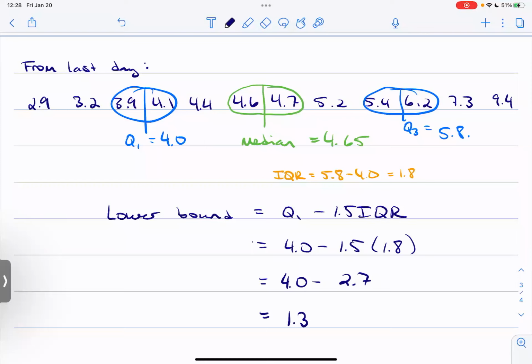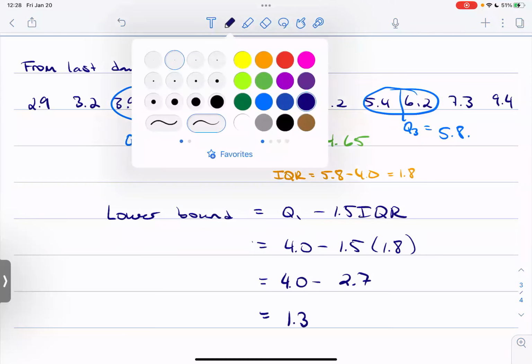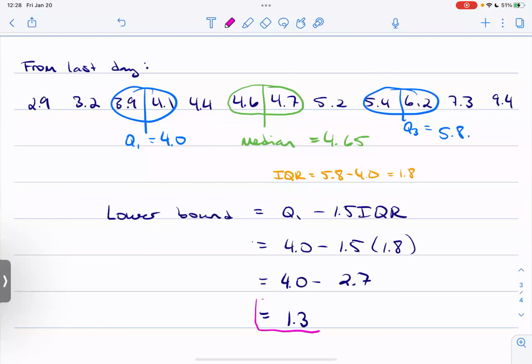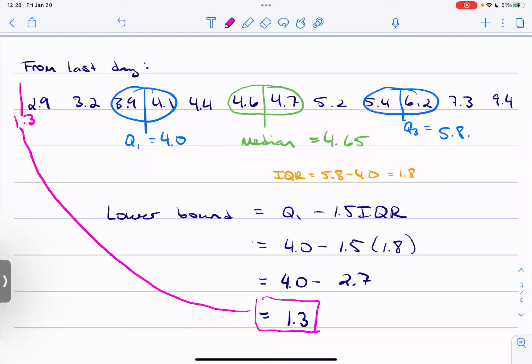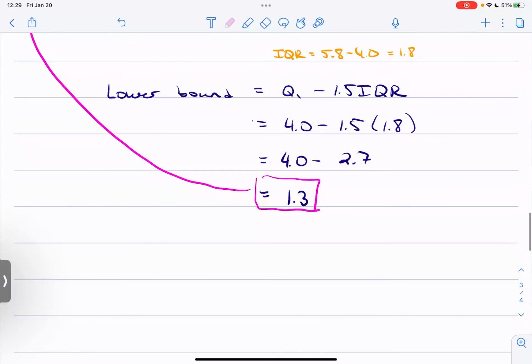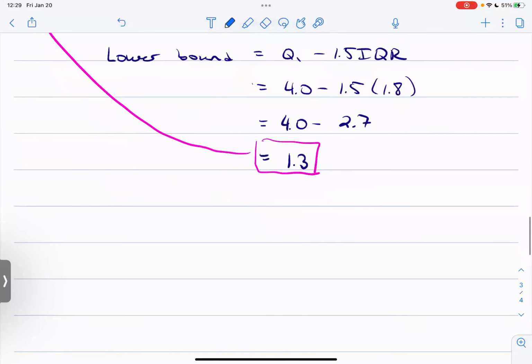So in this case, here, I see that. So I like to draw 1.3 here. It's not a data point, right? It doesn't become part of your data, it's just the threshold, okay? But 1.3 would go there, and so I see that there's no data beyond there, so there's no outlier on the lower end. I still have to check the upper end, right? But, so what we're gonna say is,